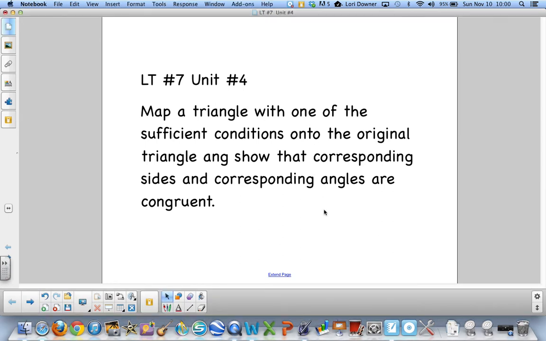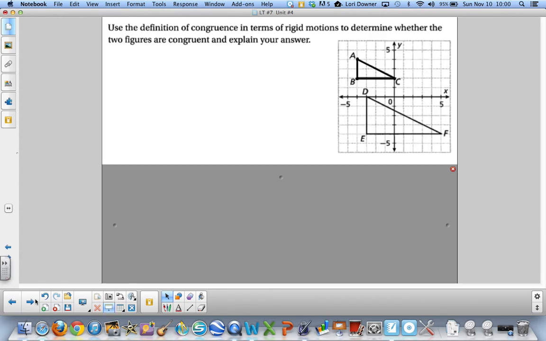We're going to look at reflection, rotation, translation, and we're going to use a combination of those to map one triangle onto another triangle. Let's take this example right here. We're going to use the definition of congruence in terms of rigid motion. Rigid motion just means that my sizes for the sides don't change and the angles don't change. So a rigid motion is something where you preserve the distance. And so that's what we're looking for to determine whether these two figures are congruent,